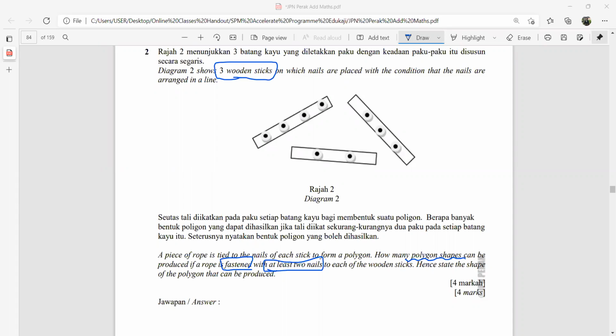Okay, let's discuss the answer. Seems like you all cannot think how to do, right? Okay, so for your information,